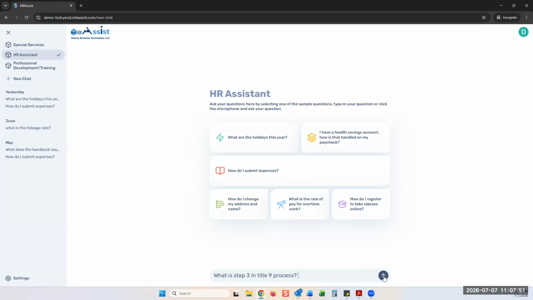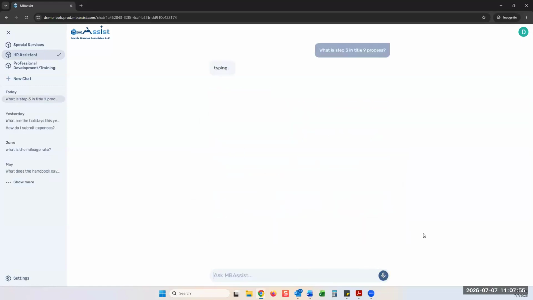Again, I can type, I can speak to it, but I can say, hey, what is step 3 in the Title IX process? And what MBAssist is doing here, it's going out and it's scouring your resources, right? Your handbook, whatever documents you give it. It's not going out to the internet, it's closed AI, and it'll give your team a quick answer based on your policies. So as it comes in and finds step 3 in the Title IX process here,